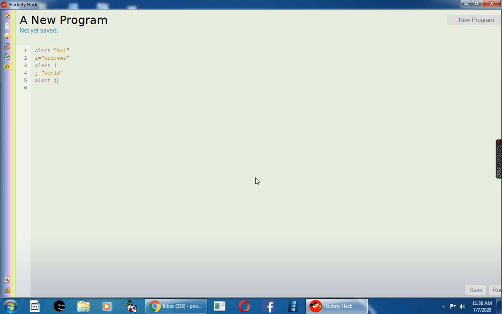No answer for j. There is no mistake, but the equal to sign is not given. So the alert message does not take the value for j, but it displays the answers for the first two alert commands. Okay, so this equal to is a must. Now if you run the program, hi, welcome, world.